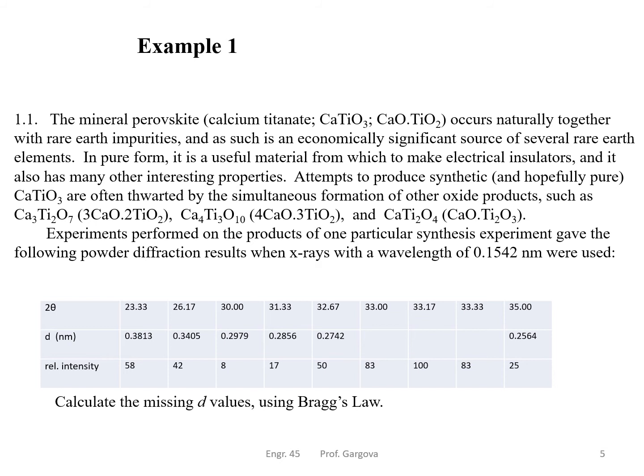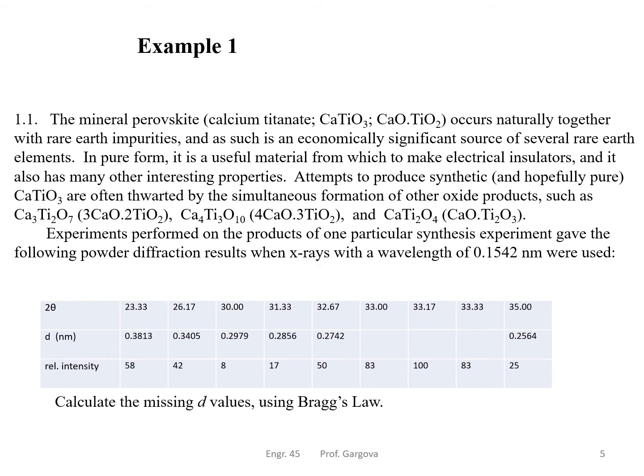Attempts to produce synthetic calcium titanate are often thwarted by the simultaneous formation of other oxide products, such as the following. Experiments performed on the products of one particular synthesis experiment gave the following powder diffraction results when X-rays with wavelength of